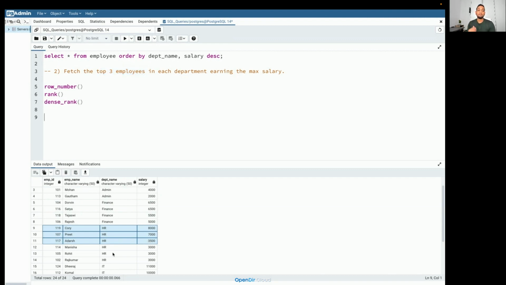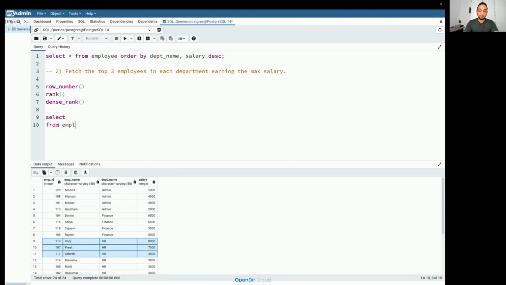One of the easiest ways of doing this is to rank each of these employees based on their salary in each department. So I want to give them a rank based on each department. Let me write the query now. I'll just say select star from employee, and I'll put a star here and use a rank function here, and I'll use the over clause as RNK. It's not mandatory to include partition by or order by.